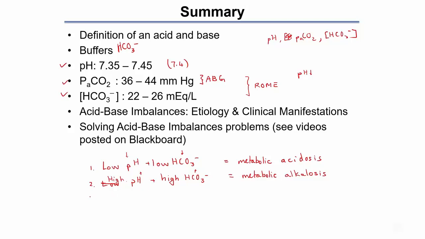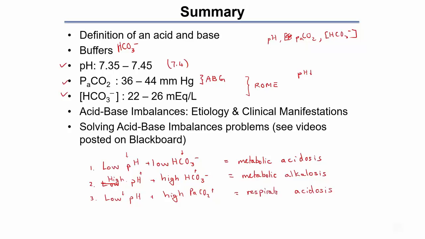Metabolic alkalosis. Now low pH plus high PaCO2. What does that mean? Low pH, that's going down. PaCO2 levels have gone up. That's because of hypoventilation. Because of hypoventilation, PaCO2 levels have increased. CO2 is an acid, so pH comes down. At the very least, you need to write acidosis, pH down, and ROME, respiratory opposite,